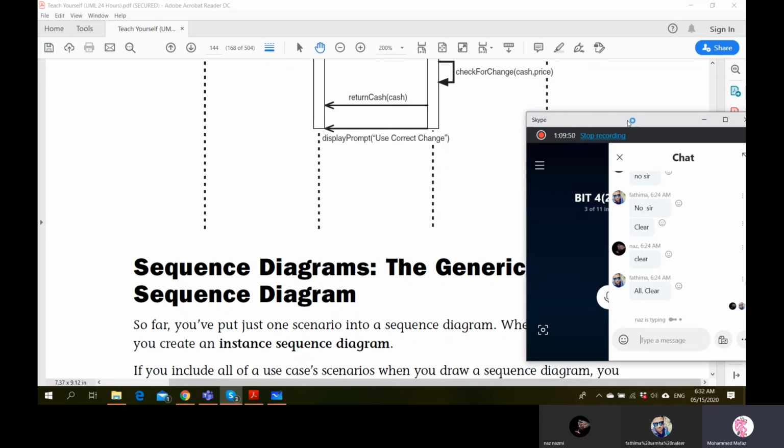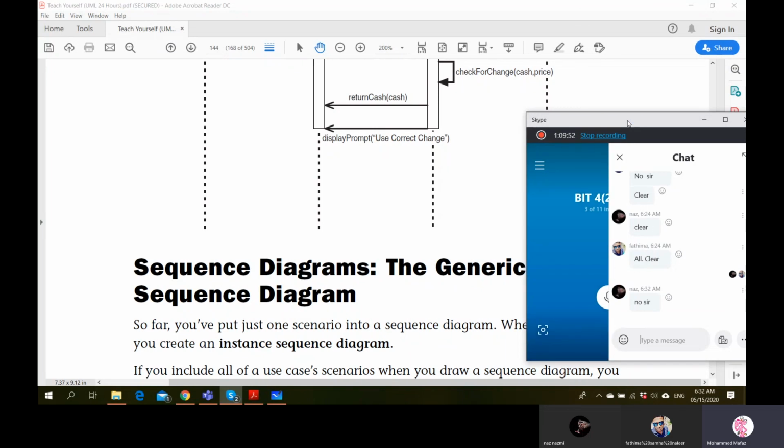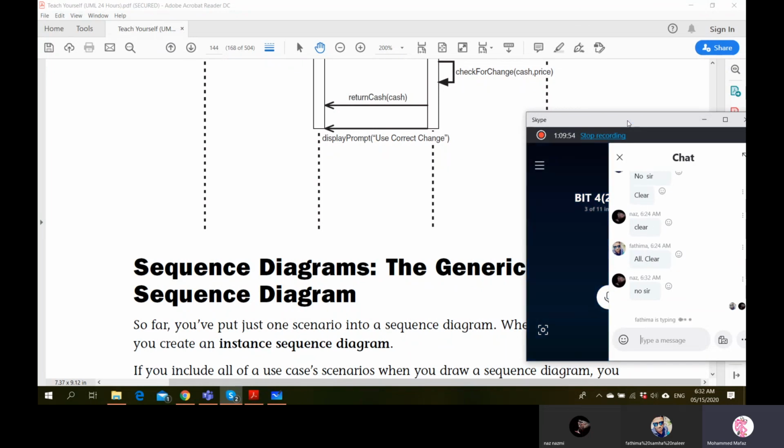So I hope it's not very complicated. A sequence diagram is not very difficult, just like how the state diagram was very simple to understand, only some simple cases are here. The only thing you have to keep in mind is how to make use of the different message types.